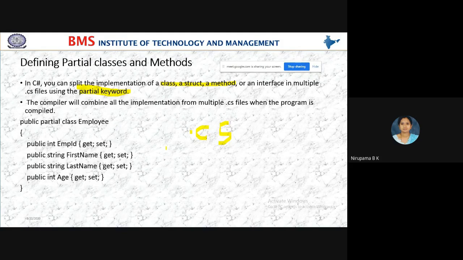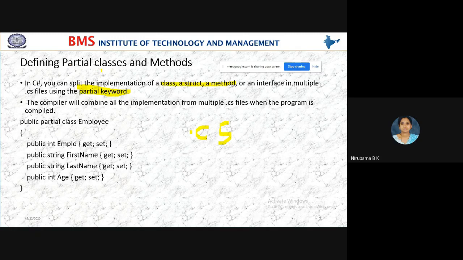The compiler will combine all the implementation from multiple .cs files when you compile your program, and then it will show the output. I'll show the execution of the partial class and partial method, then you will get a clear idea.